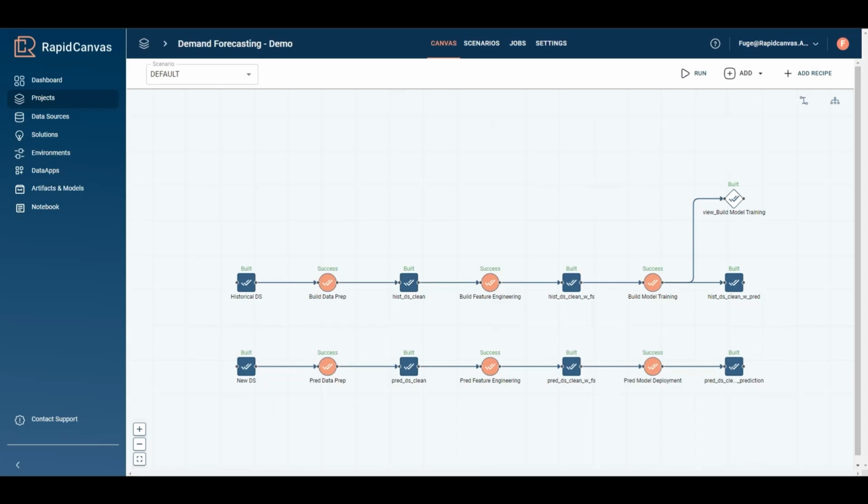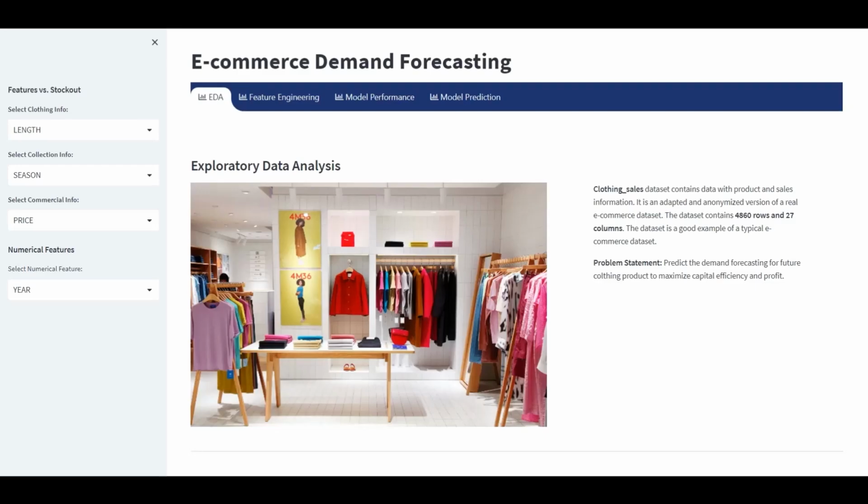So let's get started. First, the data we use is anonymized data from an e-commerce online retail store mainly selling clothing products. And we have all their inventory and product information in the past. So we are trying to predict for a given product what will be the potential demand, which means the sales quantity into the future. Here, the business impact will be if you underpredict the demand, you will be understocked